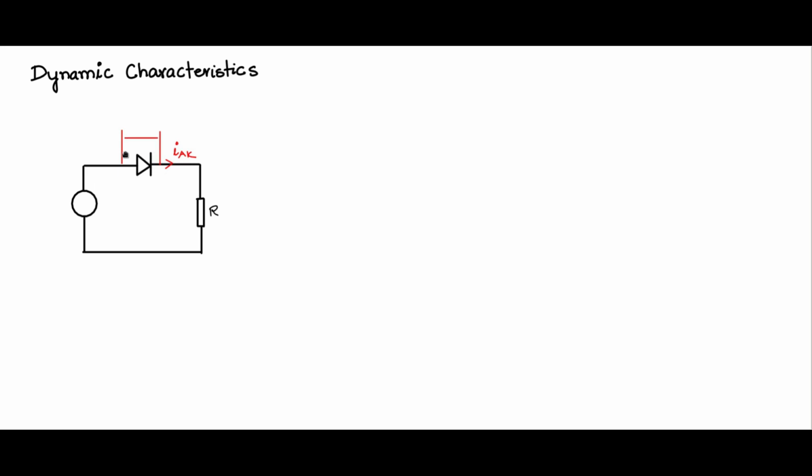The voltage across the diode, this is anode and this is cathode, is VAK, the anode to cathode voltage. And for the source voltage, we will give a voltage which goes from high to low. When the voltage is high, which is positive, V1 a positive voltage above 0, then the anode is more positive than the cathode. It is supposed to turn on.